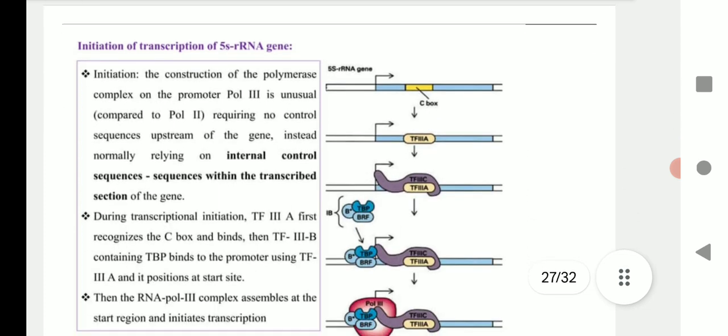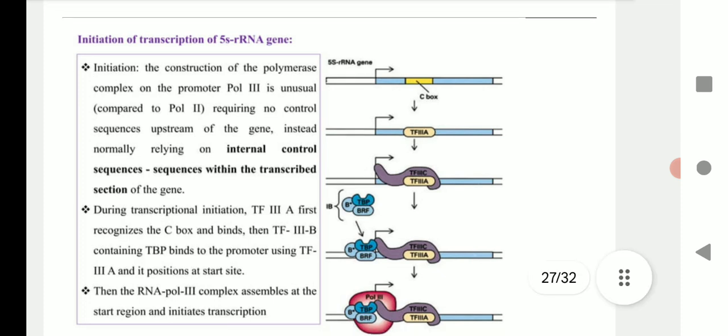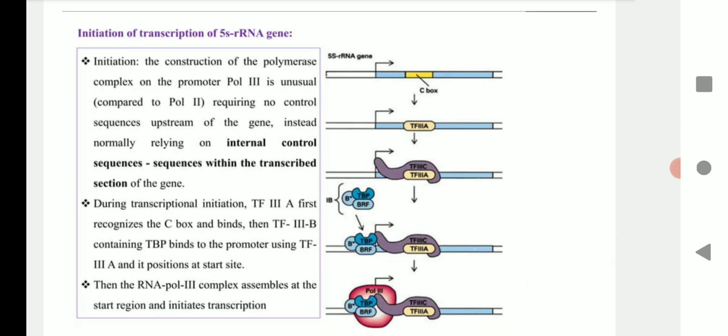How the initiation of transcription in the 5S rRNA takes place: the RNA polymerase comes and joins to the promoter region. It's unusual. It requires no control sequences found in the upstream region. Instead, it normally relies on the internal control sequence within the transcribed section of the gene, that is the C box, that is bound by TF3A first,